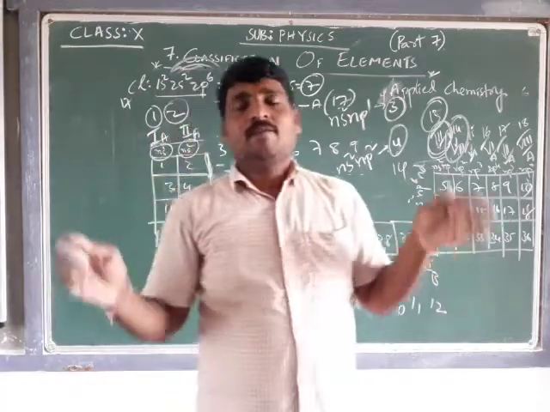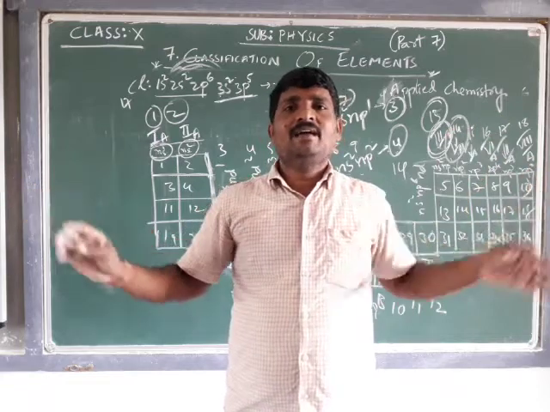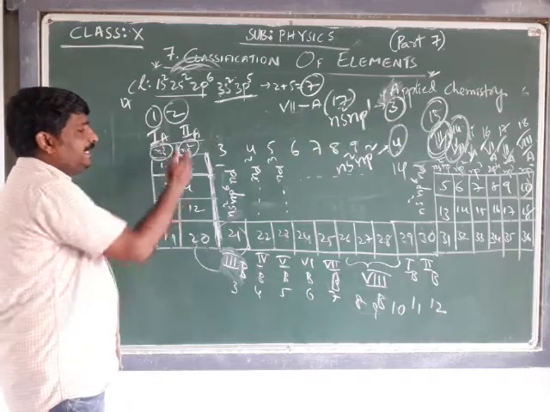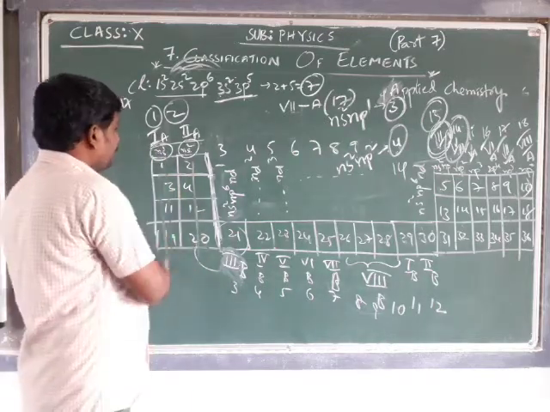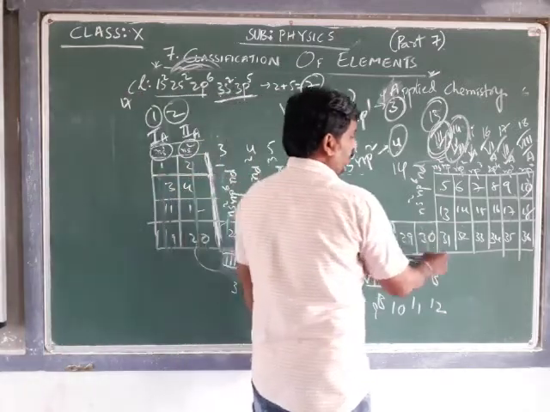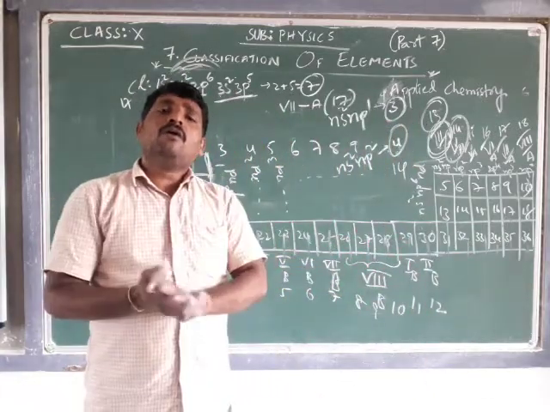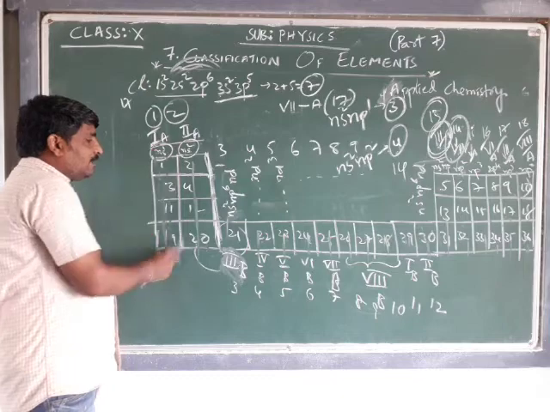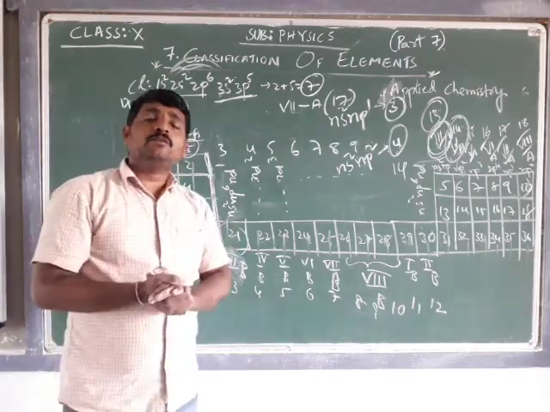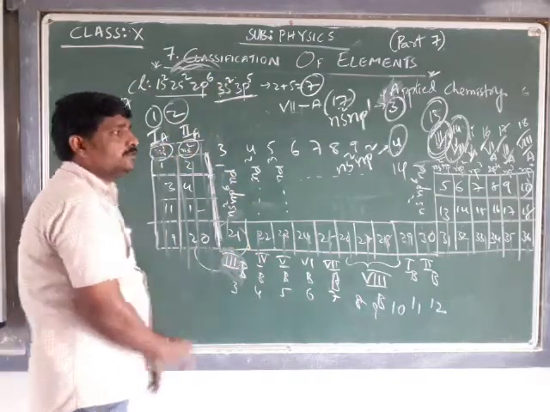From this discussion what we can conclude is that Moseley has divided his modern periodic table into 18 vertical columns: 1, 2, 3, 4, 5, 6, 7, 8, 9, 10, 11, 12, 13, 14, 15, 16, 17, 18. The vertical columns are given as groups. That means Moseley's modern periodic table has 18 groups, and all the elements in a respective group